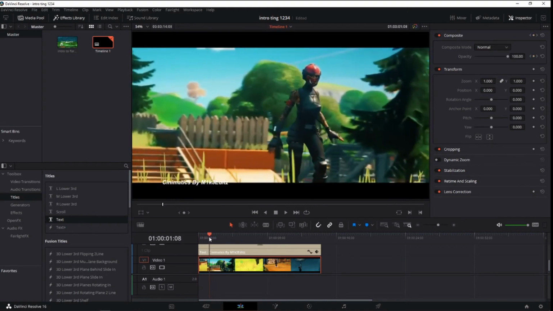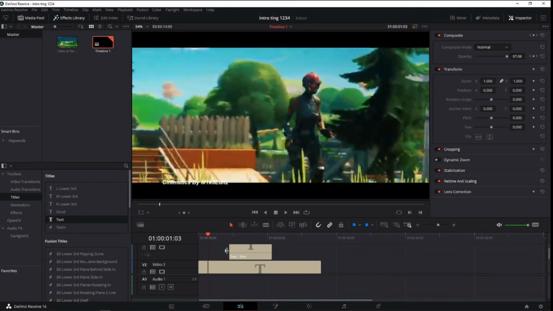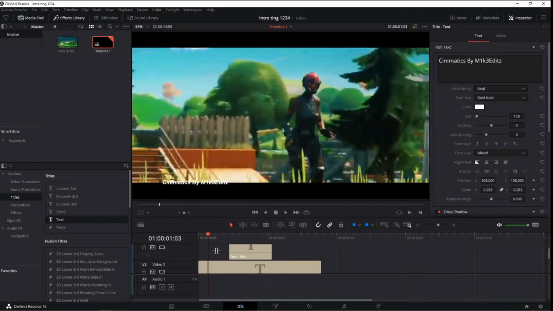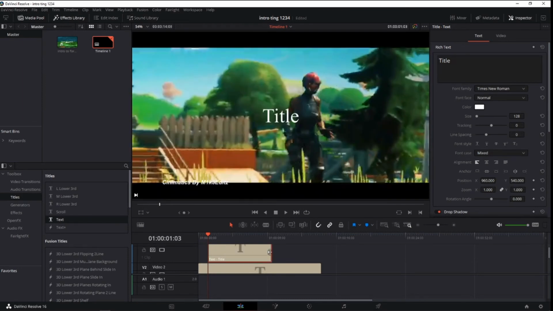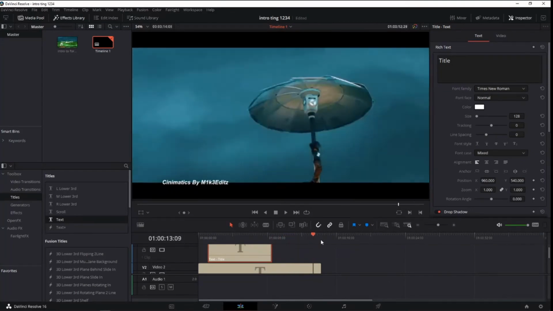You can click on the video, click one of these buttons to try to find where it's most faded in. I'm gonna go to the top, and we're gonna move this to the edge here so that it's about that size. Okay, now you can move it, and now I want to go to the end, see where it starts to fade out, which is right about here, and make the text